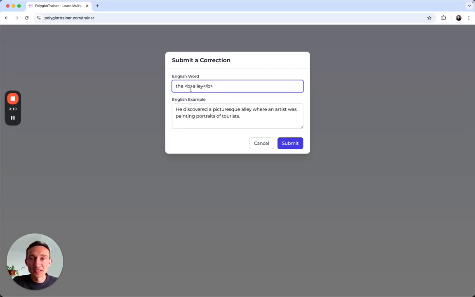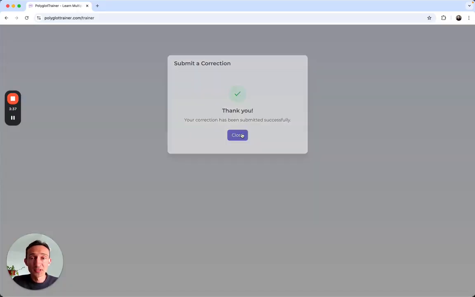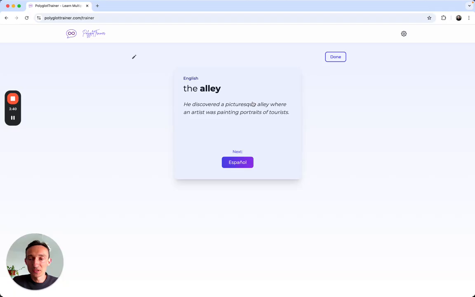So let's say before there was a mistake in the word, and then you correct it, and you can submit it. And the submission comes to the database and will later on be checked and integrated, and then you can just continue. And then when you're done with your session,